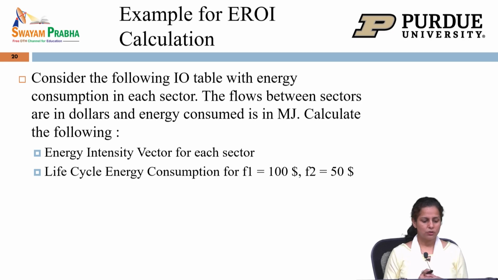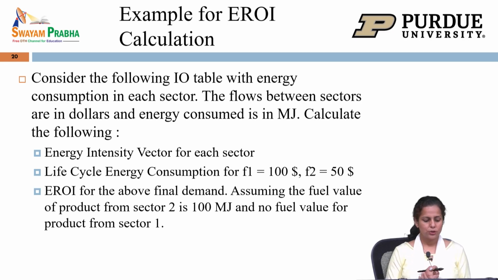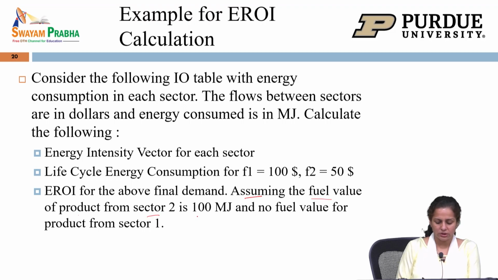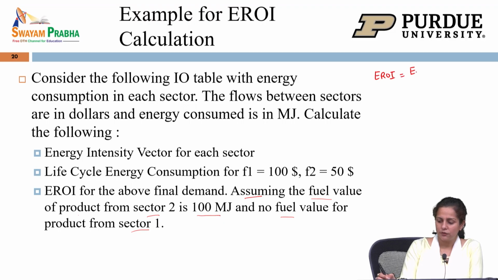For this one, what you need to do is to calculate the energy return of investment for the given final demand, and you need to make an assumption that the fuel value of product from sector 2 is 100 megajoule and there is no fuel value of product from sector 1. This means that the total value of energy output from the product is 100 megajoule for sector 2 and nothing from sector 1. Remember, our EROI is going to be the energy of the product divided by the life cycle consumption,